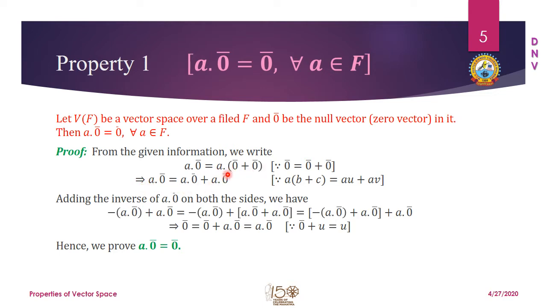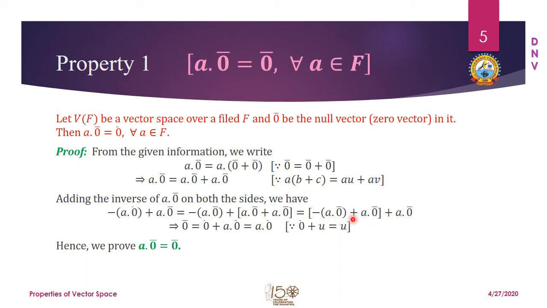This implies that the left hand side is equal to a·0 plus a·0, and this is the distributive property: multiplication distributes over addition. Now, as we can always add the inverse on both sides of an equation in vectors, I have added minus a·0 to both sides,